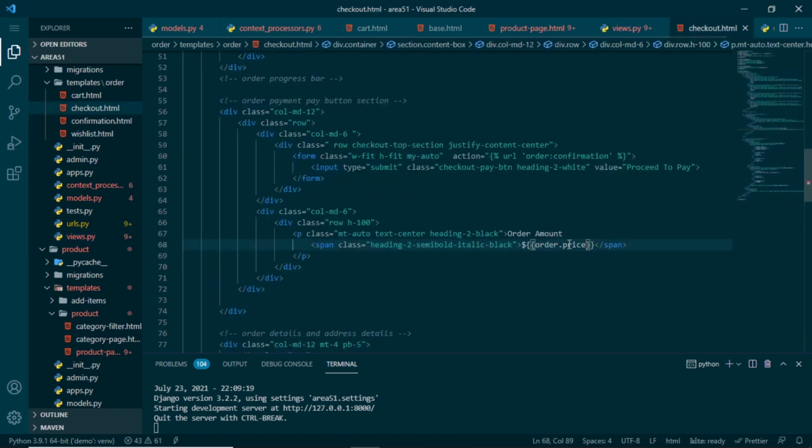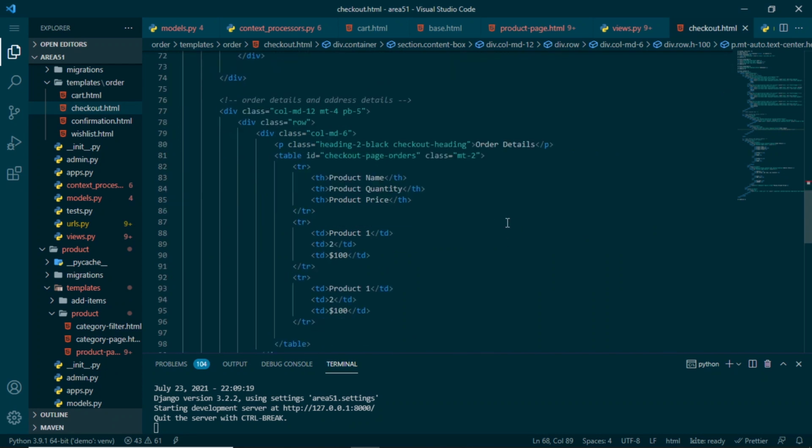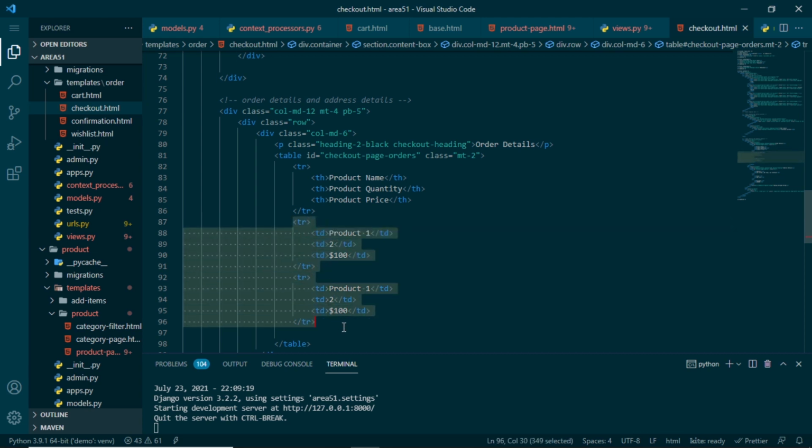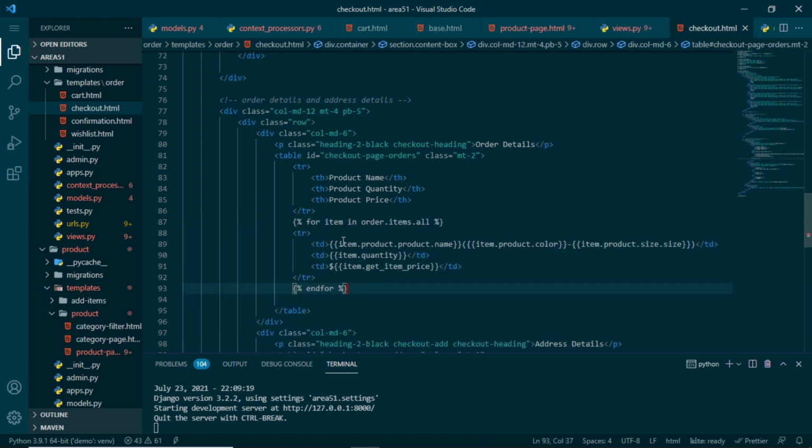So in our checkout.html I will use order.price, and inside this order details, this is the header, that is okay, but instead of this tr I will replace it with this code, that is for item in order.items.all. Again I am taking all the order items in the order object and looping through them. For the name I am using the product name, color and the size. Then I am showing the quantity and price.